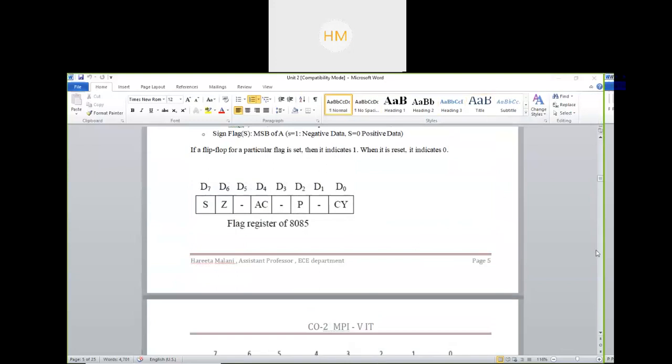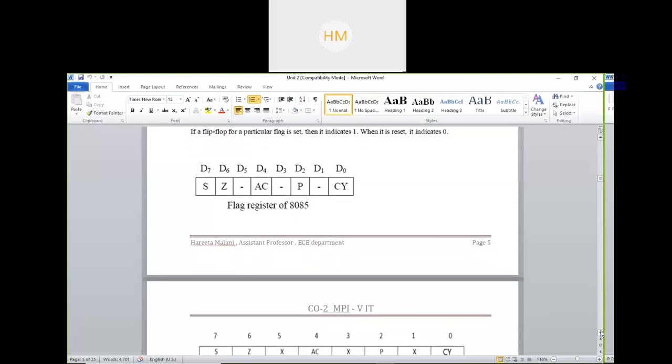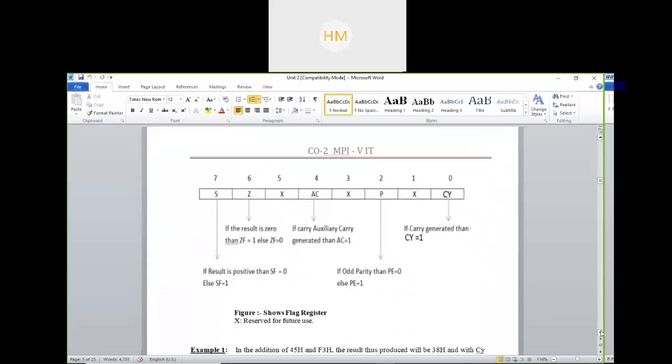Finish drawing. Should I move ahead? Have you finished this drawing, this diagram of the flag register? Yes or no? Now draw this detailed diagram and give me the attendance also.